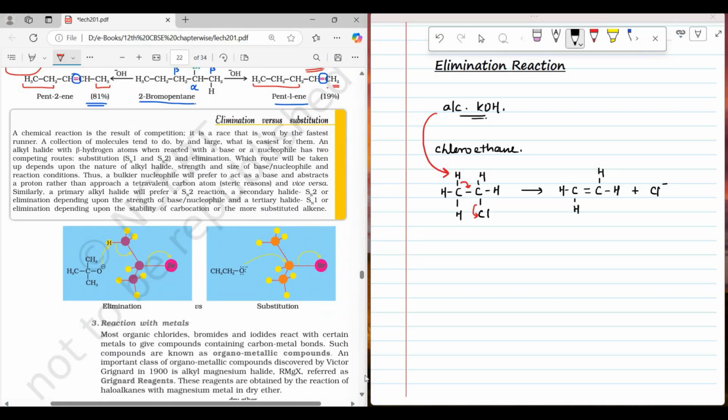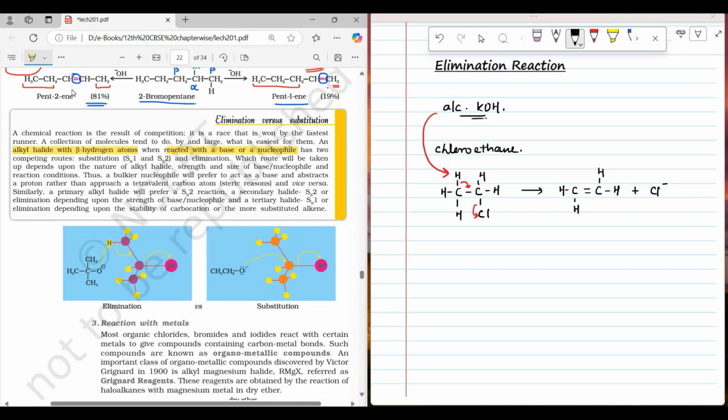Elimination versus substitution. Any chemical reaction is a result of competition. It is a race that is won by the fastest runner. A collection of molecules tend to do, by and large, what is easiest for them. An alkyl halide with a beta hydrogen atom, when reacted with a base or a nucleophile, has two competing routes, substitution